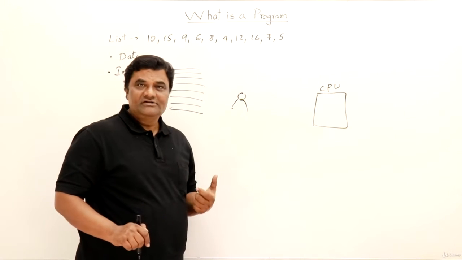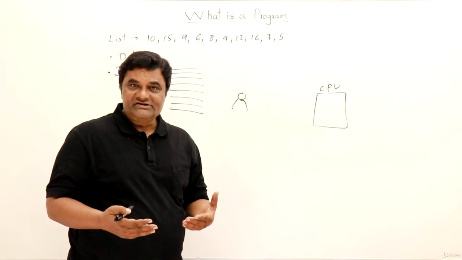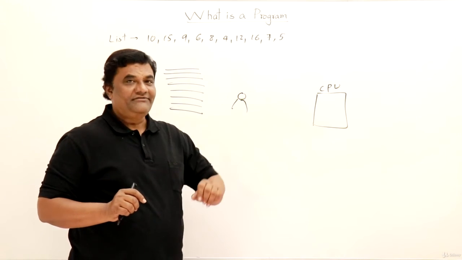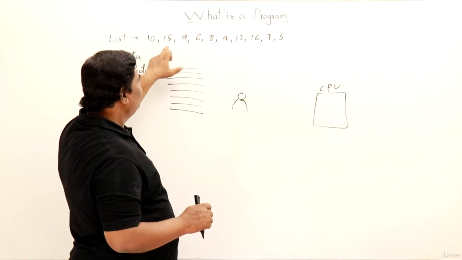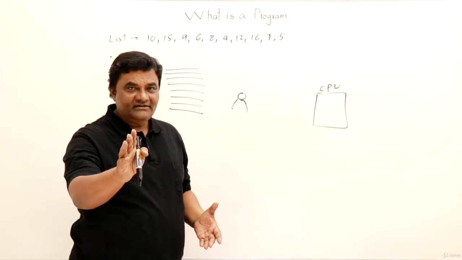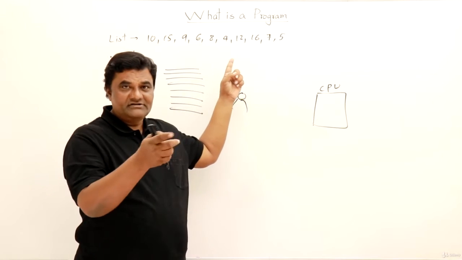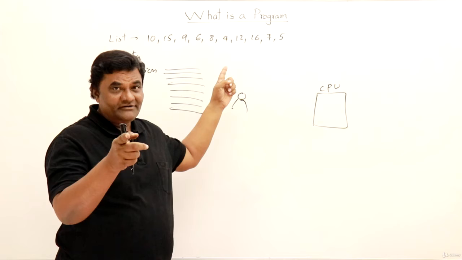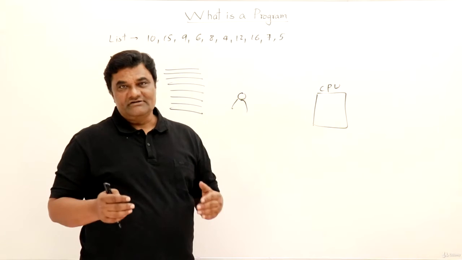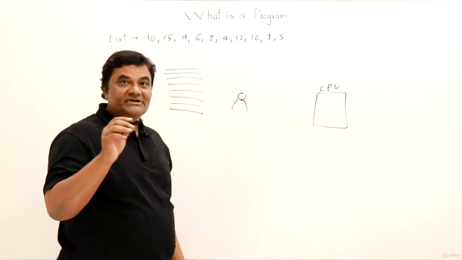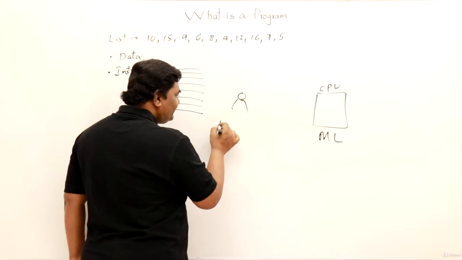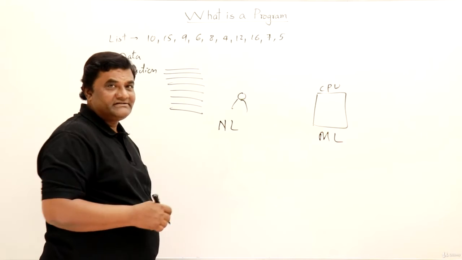Then what is my language? My language is the English language. So instructions are in English and the data is also English. Like if you ask me to read these numbers, I will say 10, 15, 9, 6, 8. This is English. Numbers are also in English. If you know any other language, then these numbers are called with different words, different names are there for them, and the figures are also different, right? So my data is also English and the instructions are also English. And the CPU's language, machine language, is zeros and ones. This is binary. This is machine language and this is natural language, that is human beings' language.